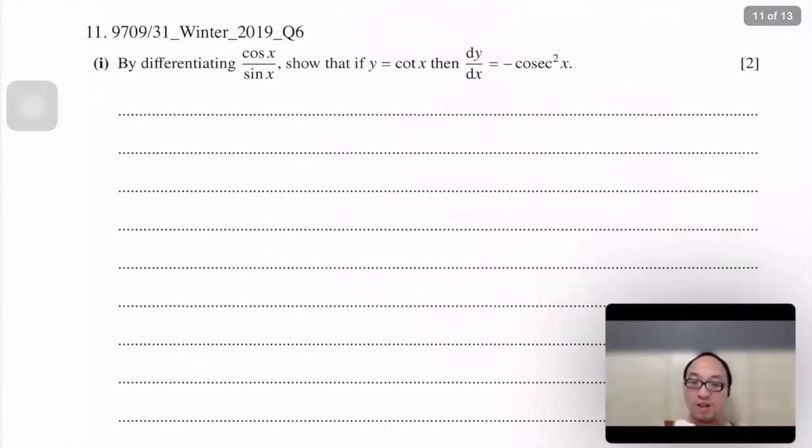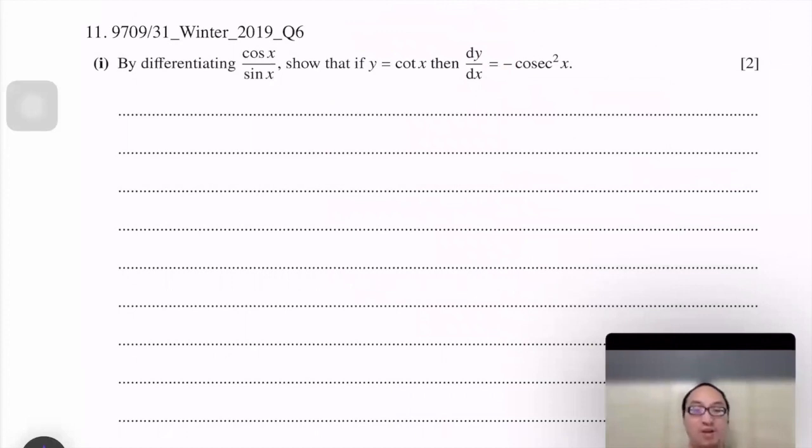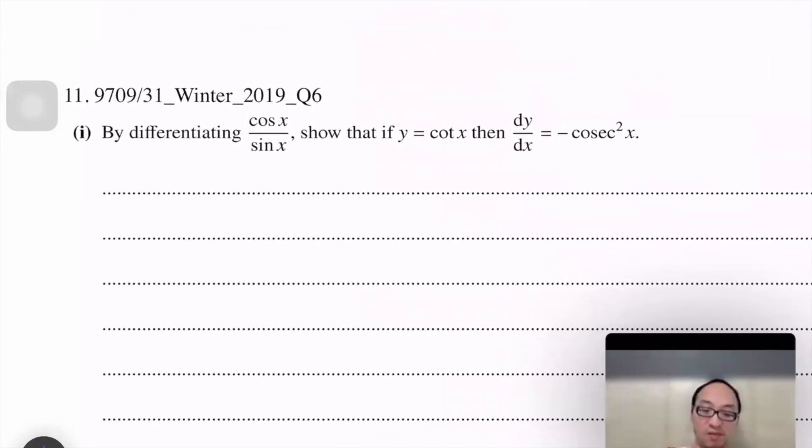Number 11. By differentiating cos x over sin x, show that if y equals cotangent x, then the derivative is negative cosecant square x. Okay, so this is u over v, yeah? So dy/dx